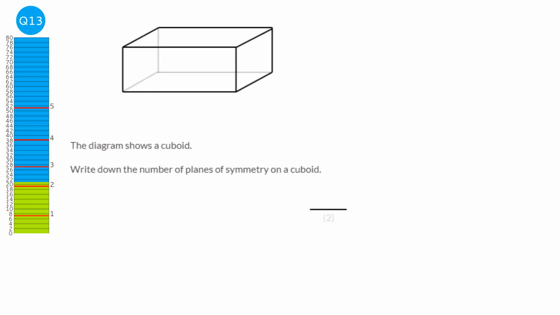A plane of symmetry is anywhere you can cut a three-dimensional shape, in this case a cuboid, and put it up against a mirror and it looks like the original shape. So if we were to cut the cuboid here and then put it up against a mirror, it would look like the cuboid again. Similarly, if we were to cut it along here, it would look like the original cuboid again. And finally, if we were to cut it up the top here,